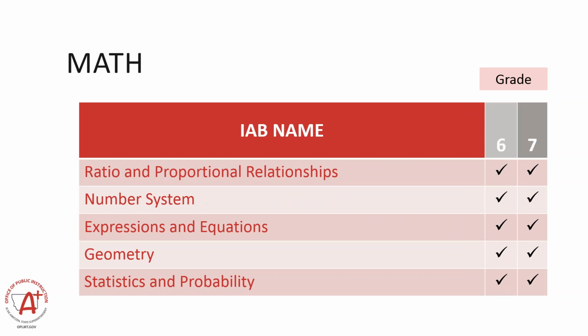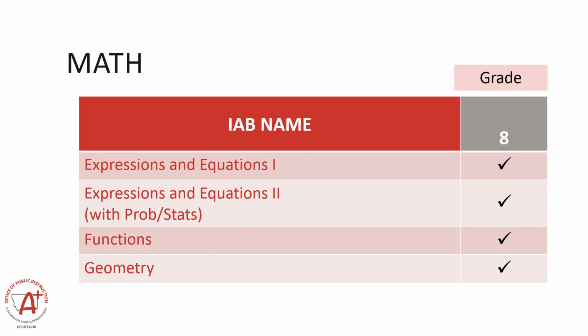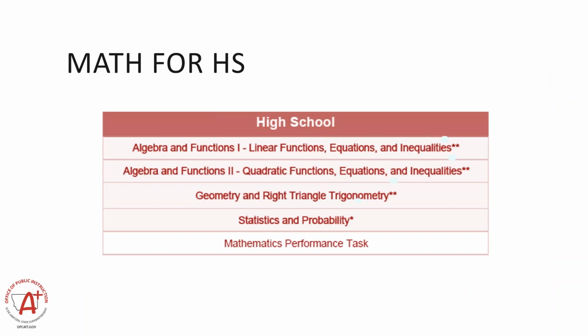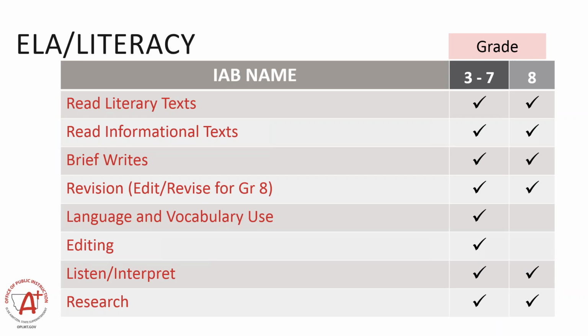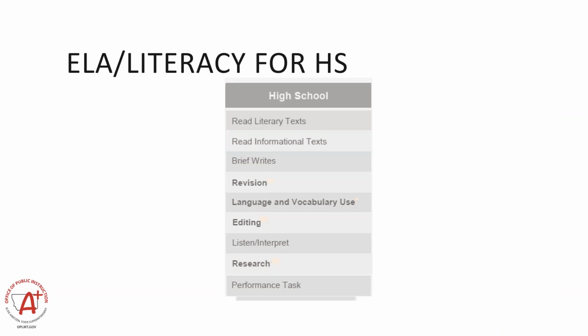In grades 6 and 7, you can take a scan and see what's available there. And then for grade 8, and math for high school, as I mentioned, even though we don't give the Smarter in high school, you still have access to these really good tools to know how your students are doing against the Common Core state standards. For English language arts and literacy, these are the blocks that are available. And then in high school,